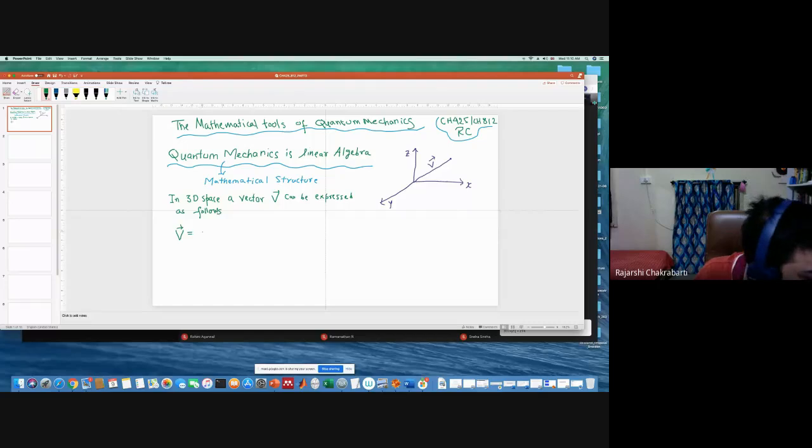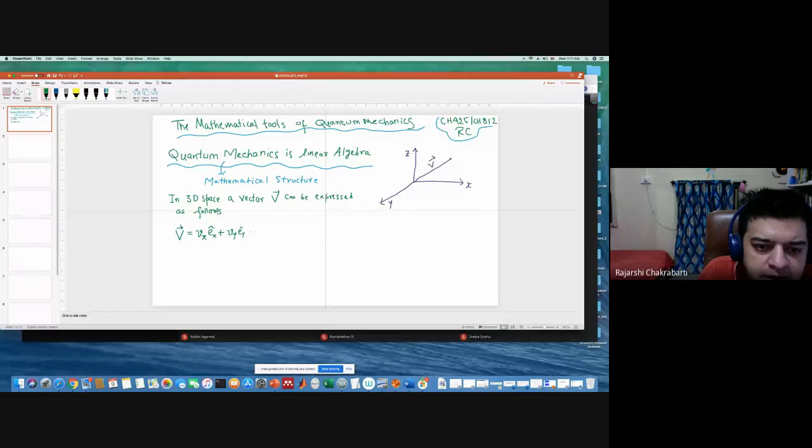So essentially I have a component like Vx. Let us call it Vx, and then I should multiply it with Ex cap, plus Vy, Ey cap, plus